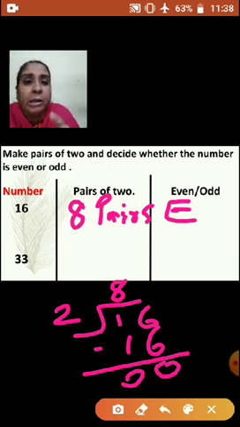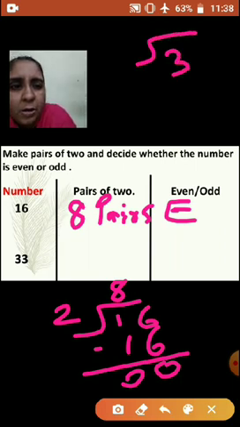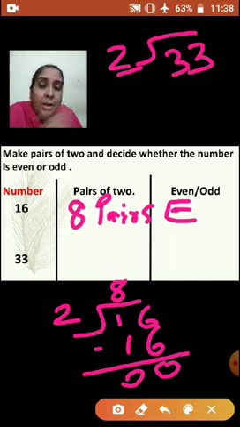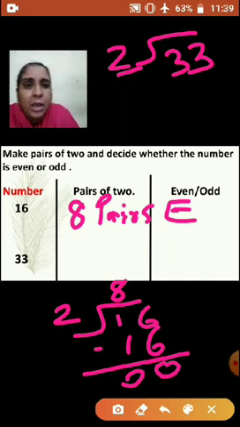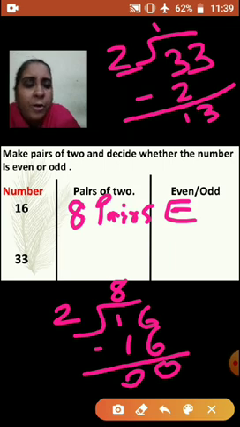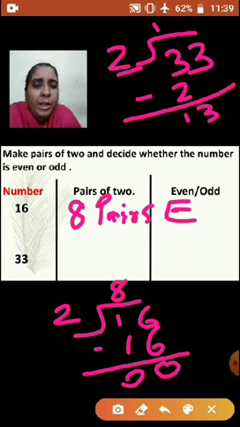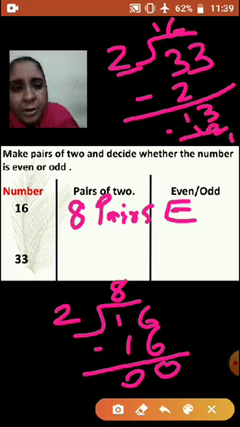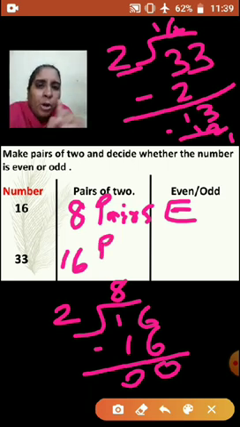Now let us see 33. 33 divided by 2. Now if it is a big number, you cannot draw and find out, right? You can divide and see. Now we will take 2 ones are 2. Now we got 13 here, right? Now what we will do, in the table of 2 you are not getting 13, but you can take a smaller number than 13. 2 6s are 12. So you will get 1 here, right? It means, how many pairs are you getting? 16 pairs. But here you got 1 remainder, right?